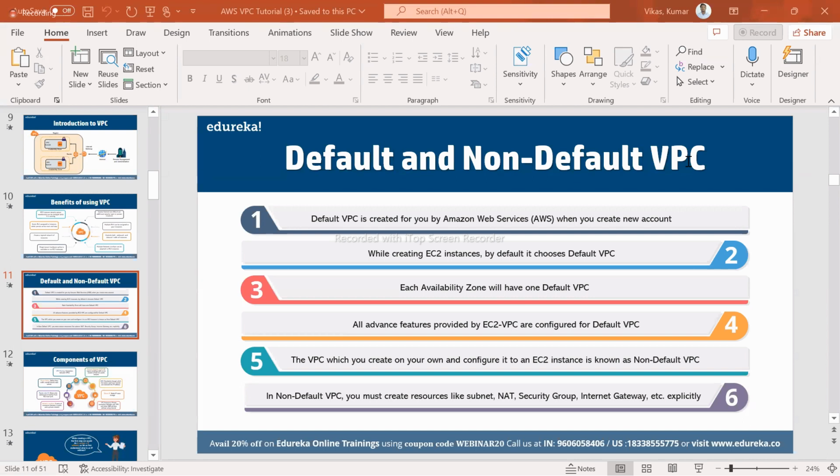So the VPC, the bare minimum basic thing, provides you a range of IP addresses. Now, this range of IP addresses is programmed to work in parallel, meaning they can work independently. Now, if I go back to my VPC diagram,